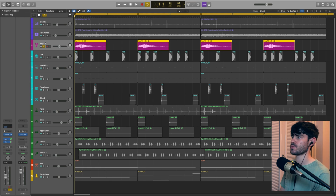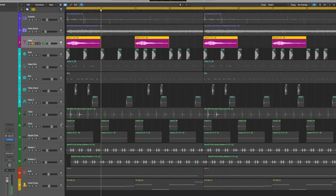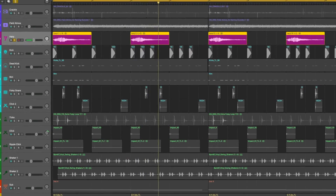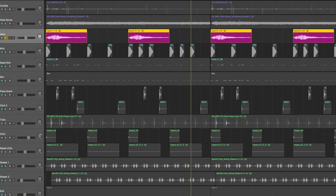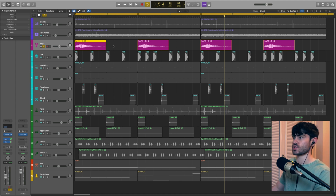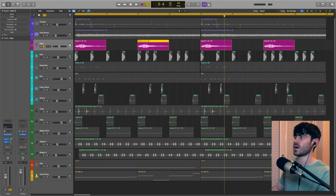We've got this harp sample, so let's listen to this. Strumming across some chords. To fit in the pitch of the track that I've created, I transposed the first one down by -3, and the second one I transposed it up by +2. So it goes up by a fifth, and then it sounds in tune,